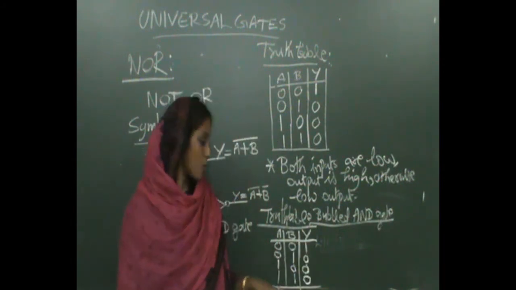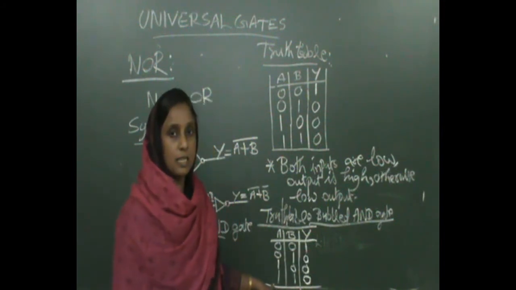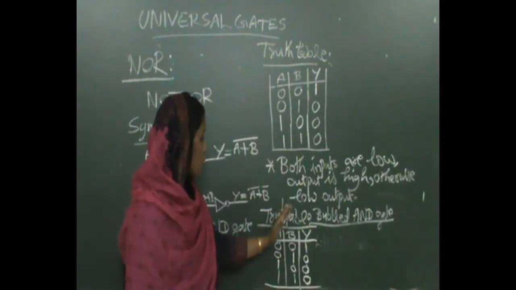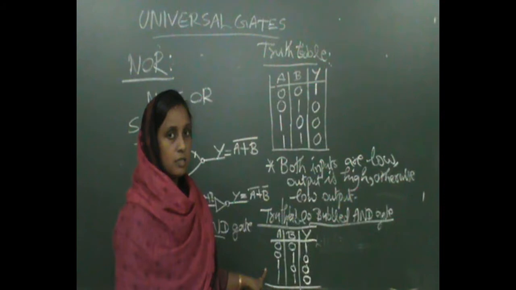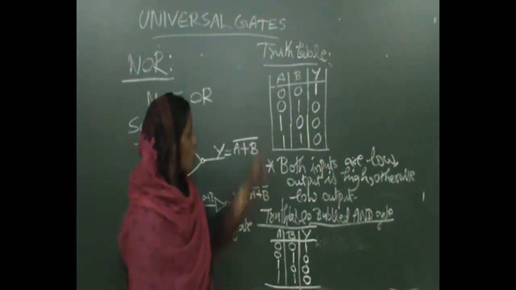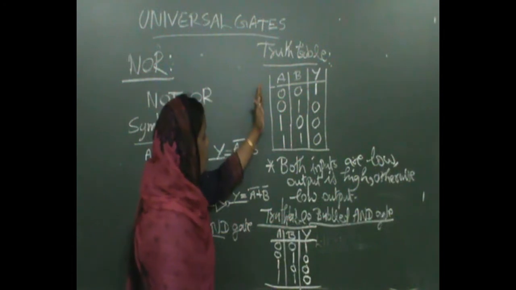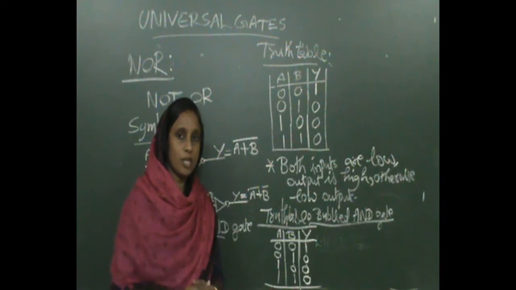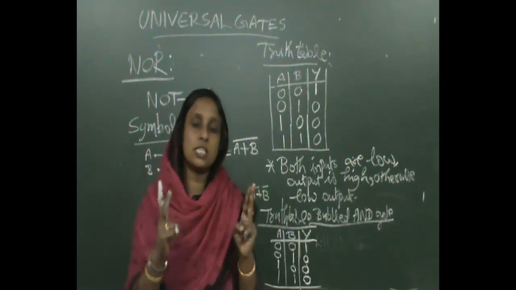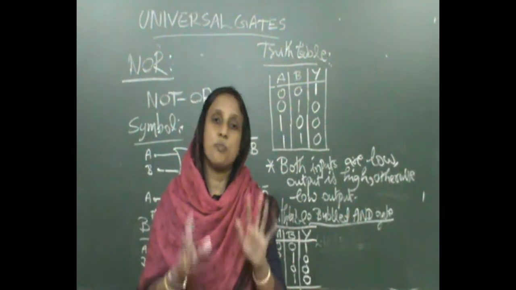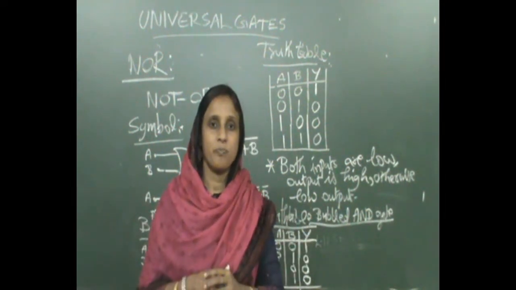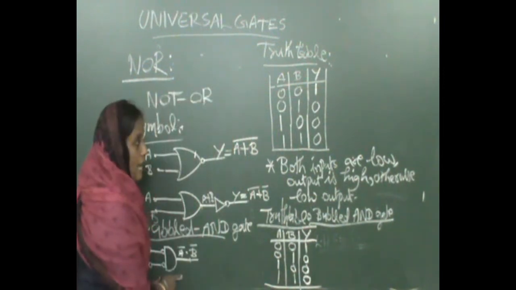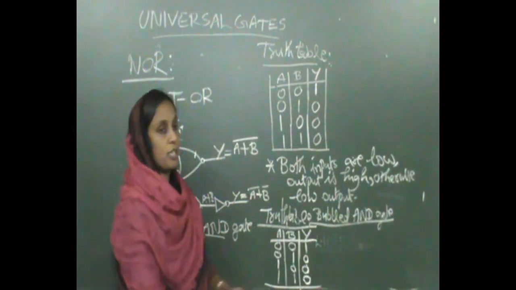What do you get now? You have the truth table of bubbled AND gate. Okay? You have the truth table of OR gate, NOR gate. Similarly, the truth table of bubbled AND gate. Looking at these two truth tables, you can see that both truth tables are the same. If two logic circuits have the same truth table, it means that they are the same circuit. So here this bubble AND gate and NOR gate have the same truth table.